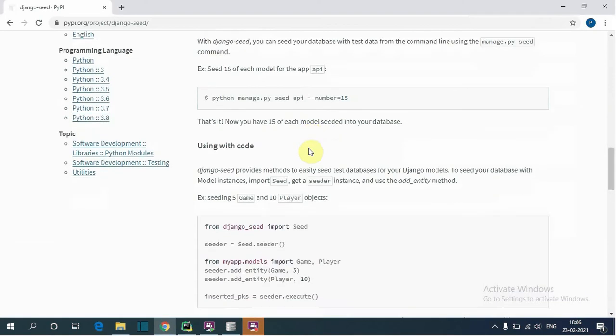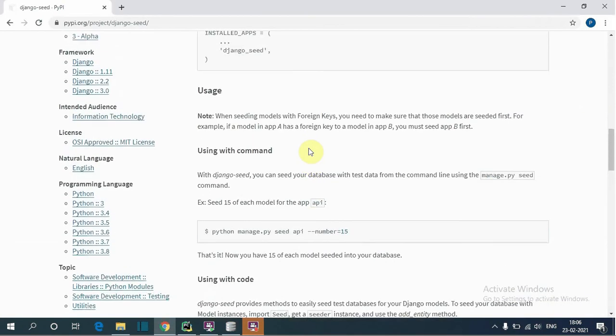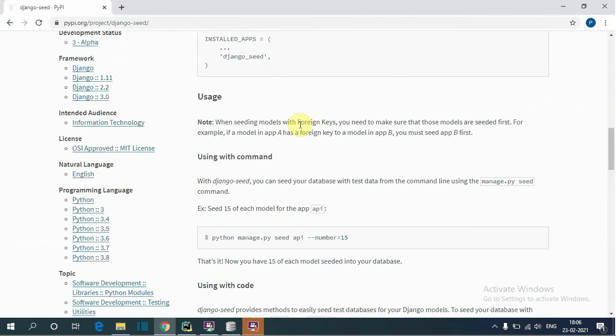Here they have given that when seeding models with foreign keys, you need to make sure that those models are seeded first. For example, if a model in app A has a foreign key to a model in app B, then you must seed app B first.